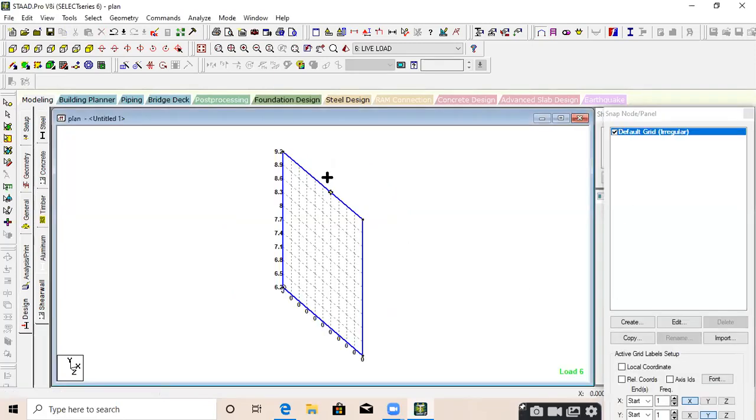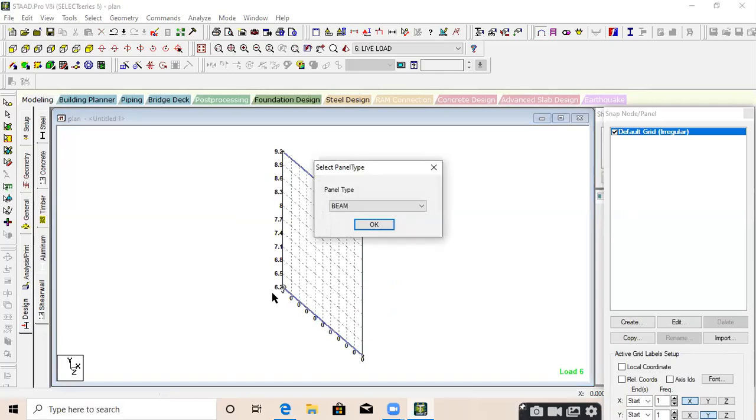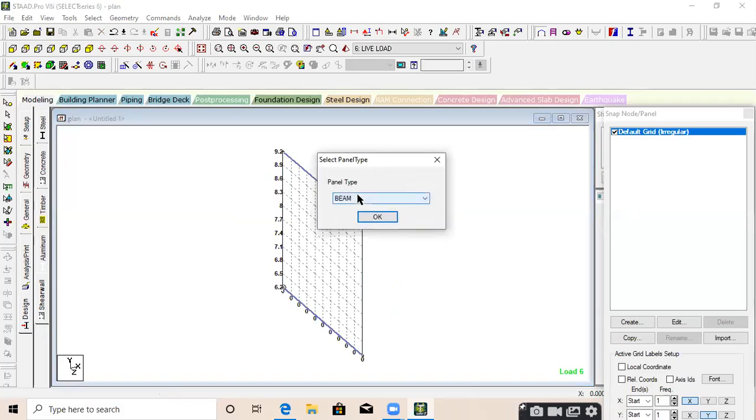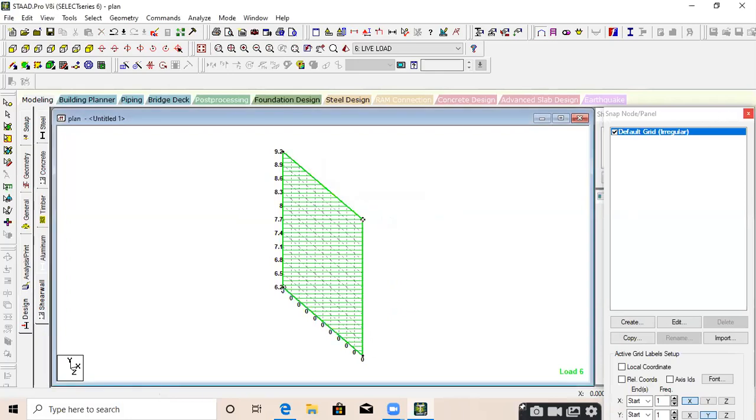When you click on that option, you just need to select all the 4 nodes over here. It will ask for the panel type. We want to select wall because it's a shear wall. So select wall and OK. Close this window.